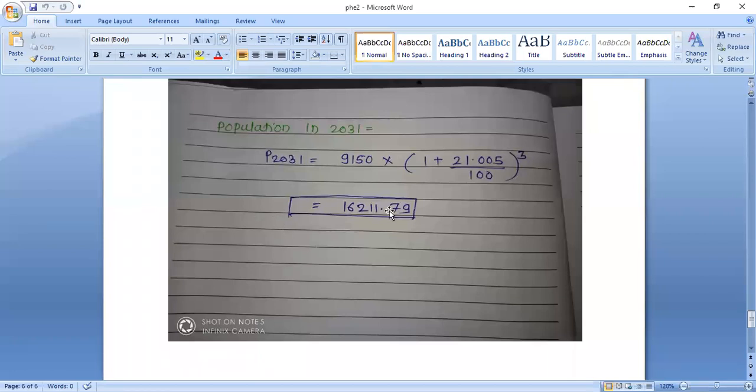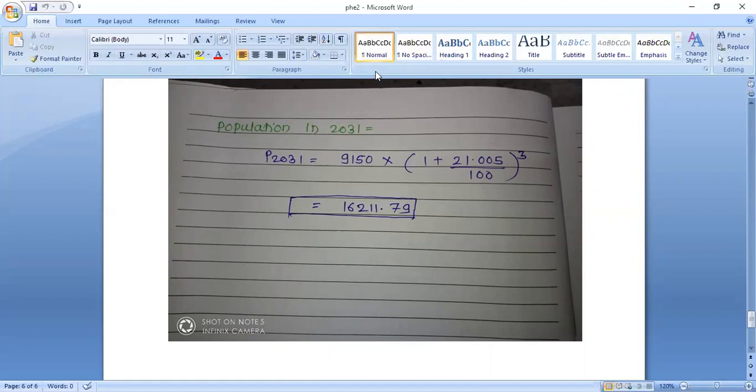Now see, in the problem they only give the design period of 3 decades, that is, the number of decades is 3. From that we have to forecast the population for the next 3 decades. We have the given population data up to 2001. Then after 2001, the next 3 decades is up to 2031, that is, we have to find out the population of 2031. Hope you all get this problem.